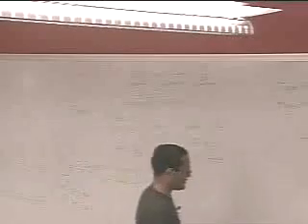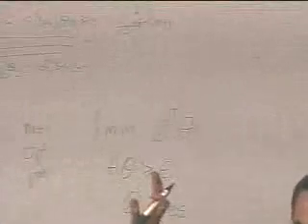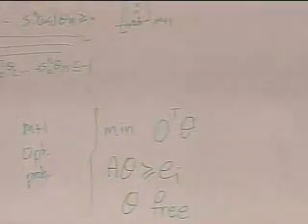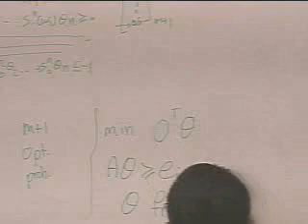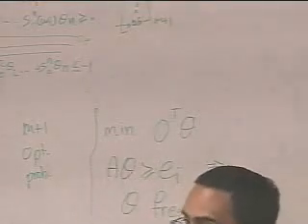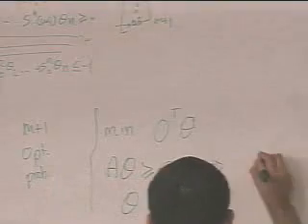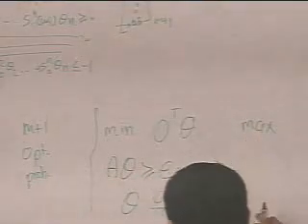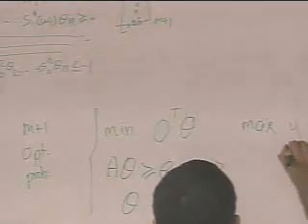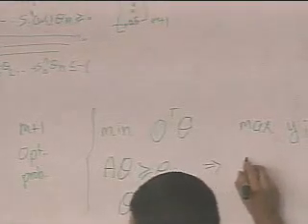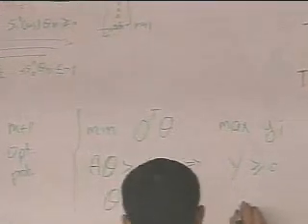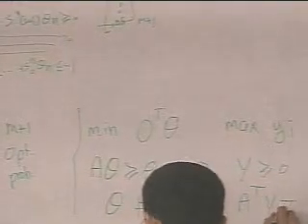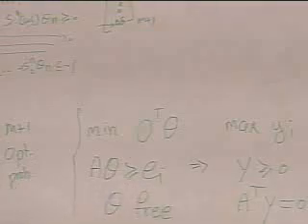Now here comes into play the nice thing about duality, that you choose a specific objective function so that the dual would be a nice thing that you would like. Now, if we choose this 0 transpose theta as our objective function, the dual of each of these problems, there are m plus 1, so there would be m plus 1 duals, would turn out to be a maximization, maximize yi, multiplied by y is greater than or equal to 0, and A transpose Y equals 0.